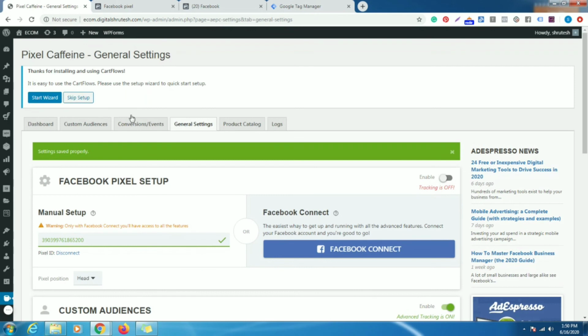Using the Pixel Caffeine general settings is easier than Google Tag Manager. But if you are not using a WordPress site, then Google Tag Manager will help you. So this was the tutorial on how we can add our pixel to our e-commerce sites and track all the data, and use it for further processing.